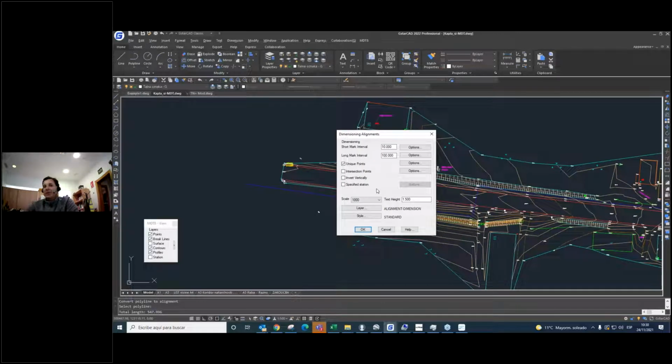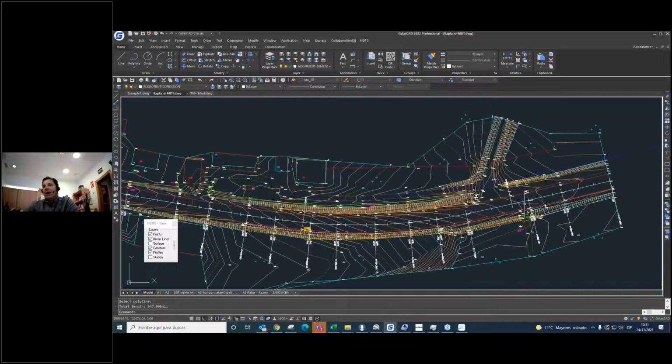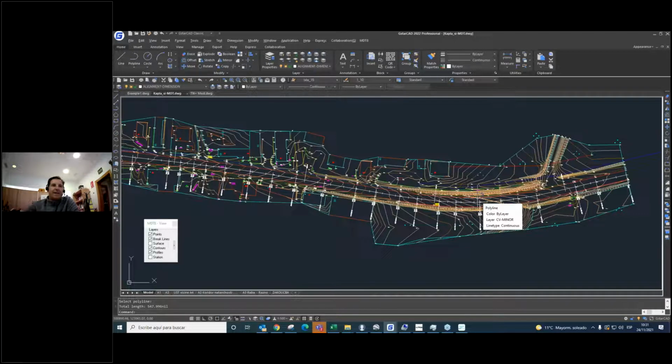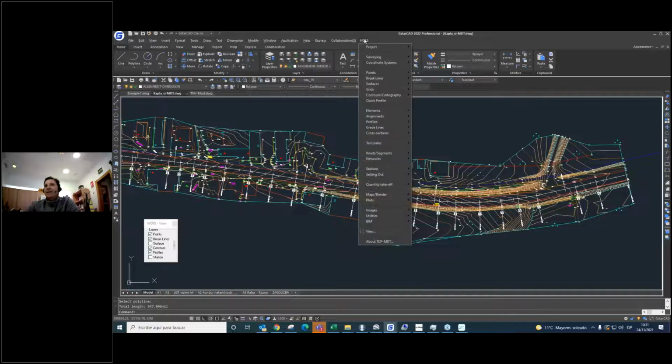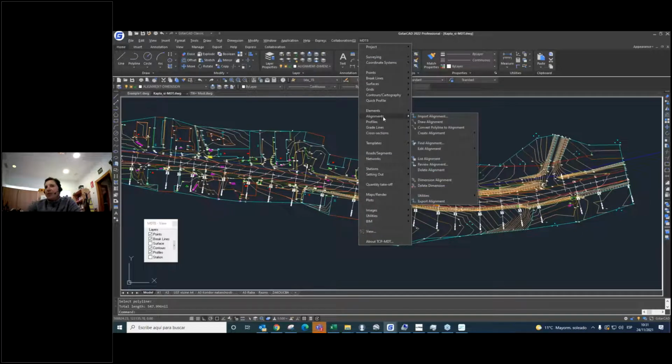We are going to set the dimension of our horizontal line. In this case, I'm going to change it to, for example, 500. And okay. And here is our horizontal line. We have a lot of tools to create this horizontal line, not only this way. For example, we can draw the alignment directly. We can use different elements to define the curve transitions, the lines, etc. But this is an easy way to create it.